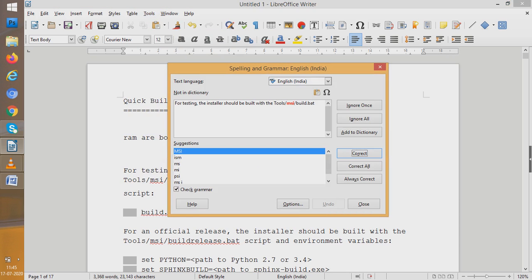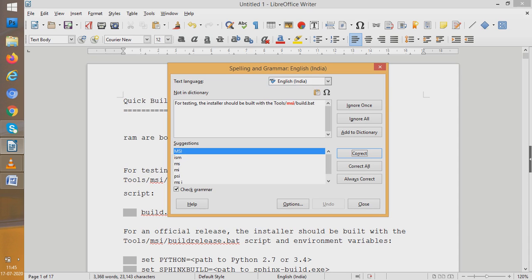It is not checking this. So according to it, maybe the thing written is right, but we all know that it is not right. So even after you check through the spelling and grammar feature, you should check yourselves also, because the computer cannot take everything into consideration.